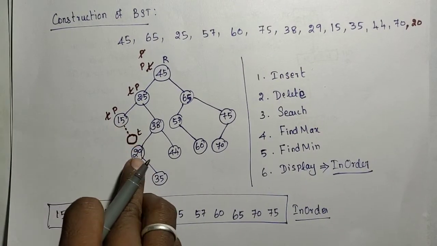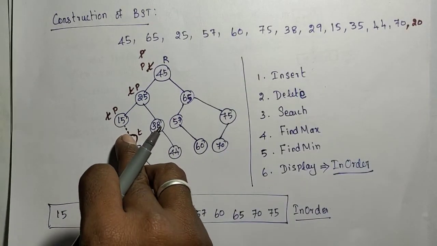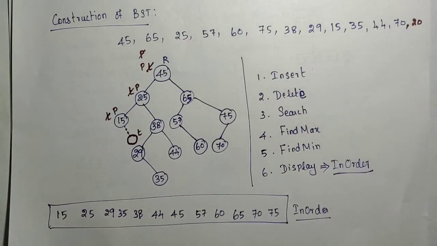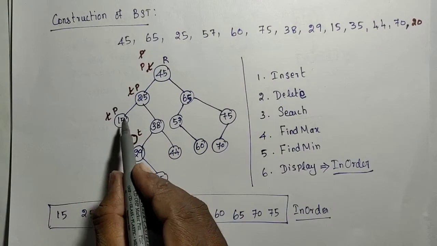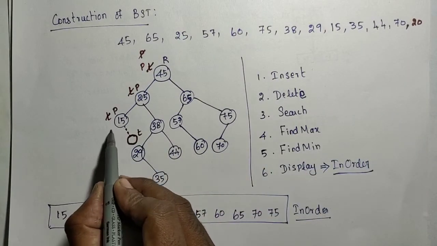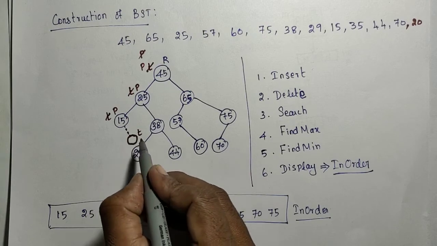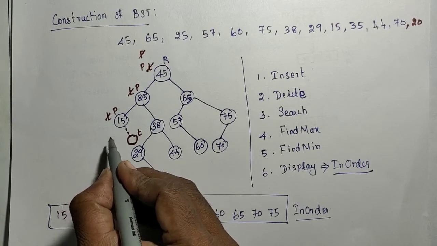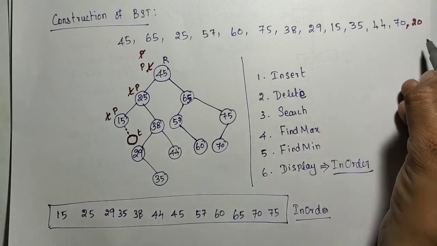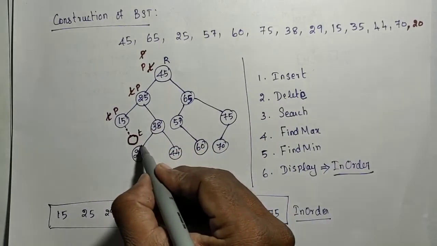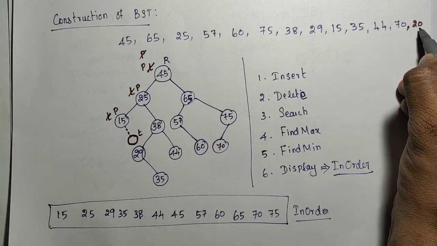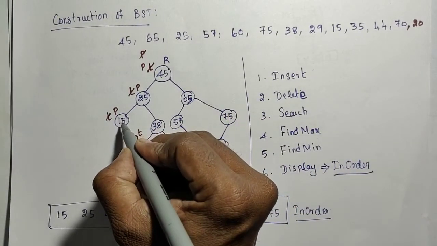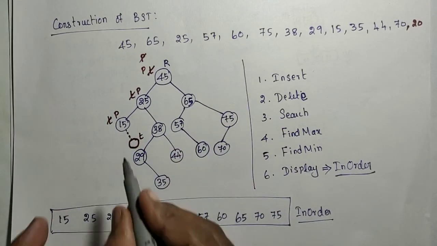Now I need to write the code to link the new node to what? The parent. Okay, we got the parent for that new node now. Correct? So now we have to check whether the new node will be added as left of the parent or right of the parent. Because even if the t moved to the left side, by the time also the t will be null only. So by checking the t value, I cannot identify whether the new value will be added as left of the p or right of the p. Again, I need to do the comparison on what? The data. If 20 is greater than 50, then 20 will be added as what? Right of the p. Otherwise, it should be added as left of the p. So like that we have to add.